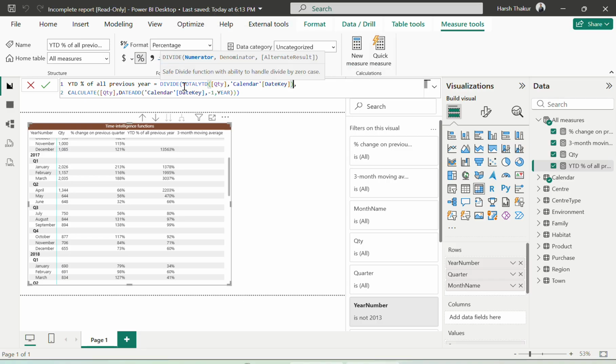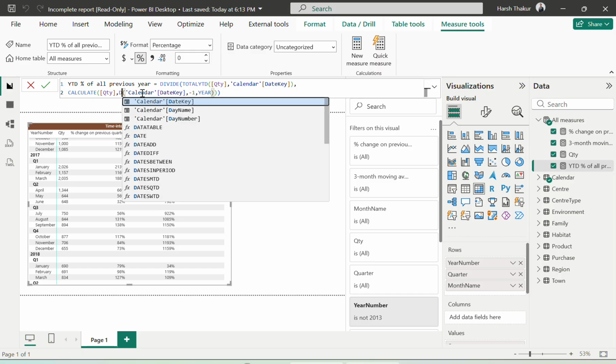And then in the denominator, instead of date add, let's say if we take date add, you see the percentage is rising up. Date add is taking the date from the previous year. So instead of this we will be taking